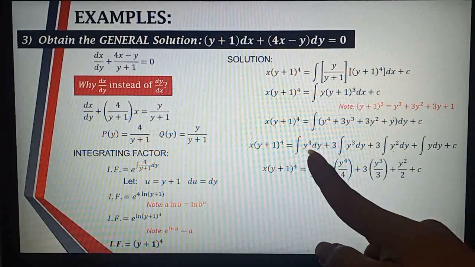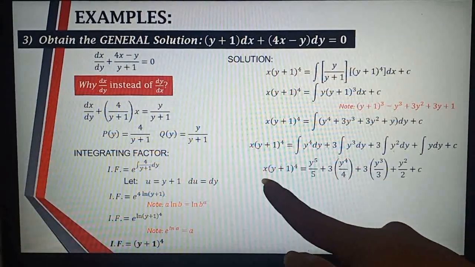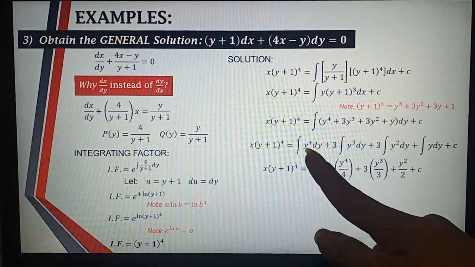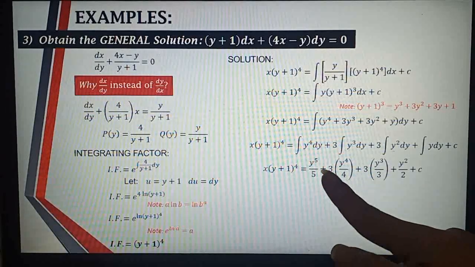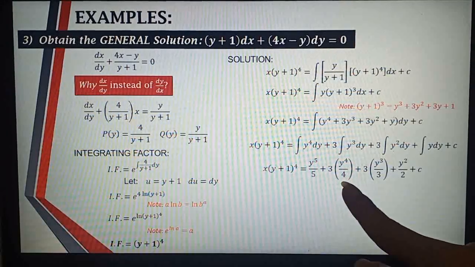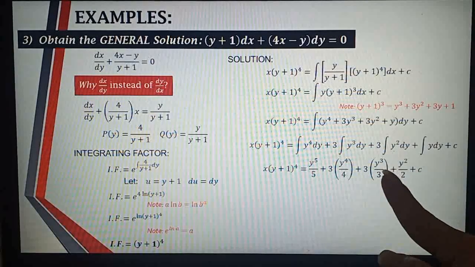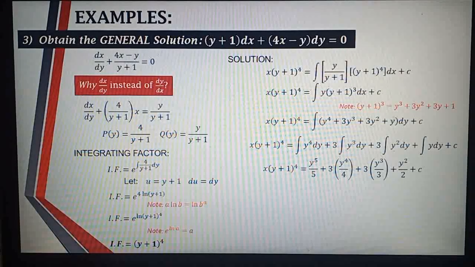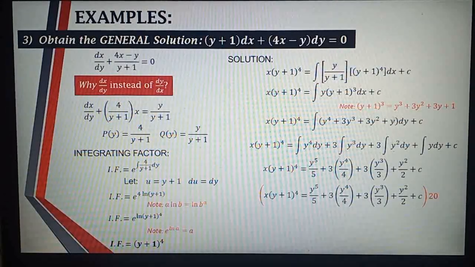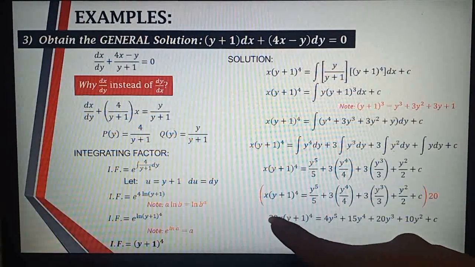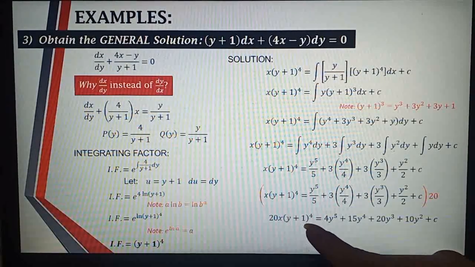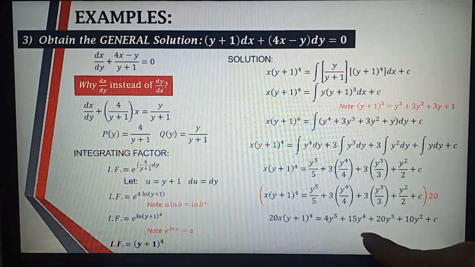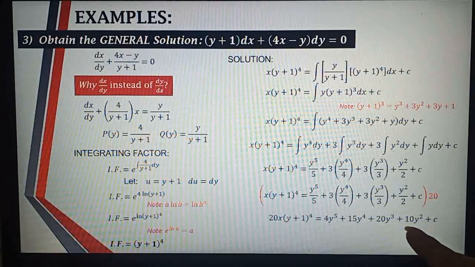So, kapag in-integrate natin ng hiwa-hiwalay, you will now have x multiplied to (y plus 1) raised to 4. Equivalent ngayon siya sa y raised to 5 over 5 plus 3 multiplied to y raised to 4 over 4 plus 3 y raised to 3 over 3 plus y squared over 2 plus c. Now, simplifying the equation by multiplying the whole equation sa 20, you will now have 20x multiplied to (y plus 1) raised to 4 equals 4y raised to 5 plus 15y raised to 4 plus 20y cubed plus 10y squared